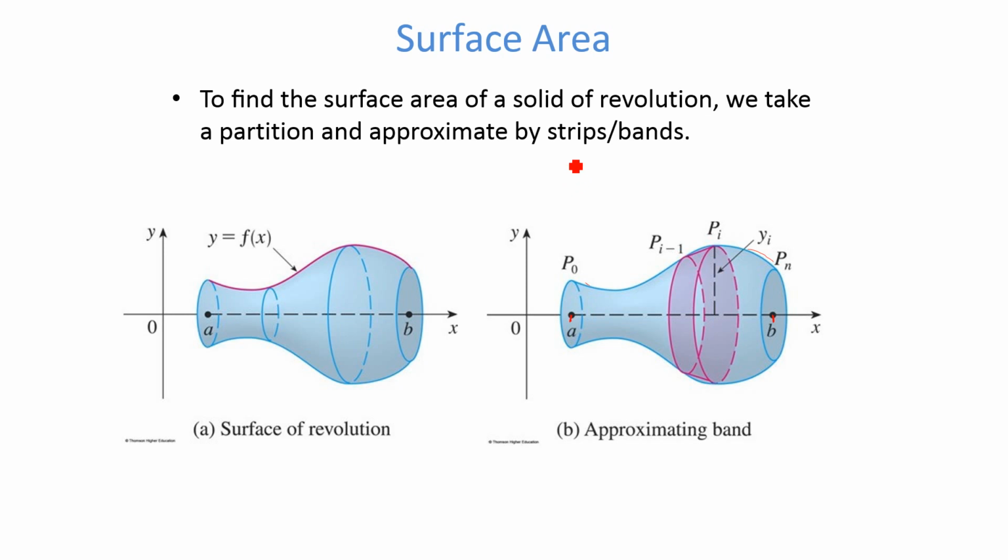We are just going to subdivide these intervals into smaller intervals, cutting it into strips or bands. So we will focus on one band or a strip, and we'll try to find out the area covered by this band, and then we'll add them up to find the area covered by the surface. Okay, so this band,